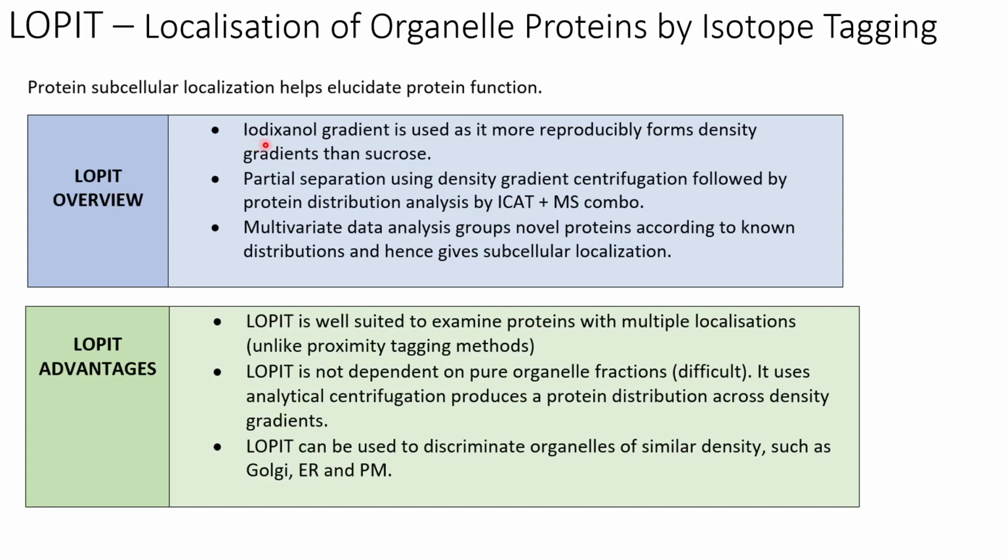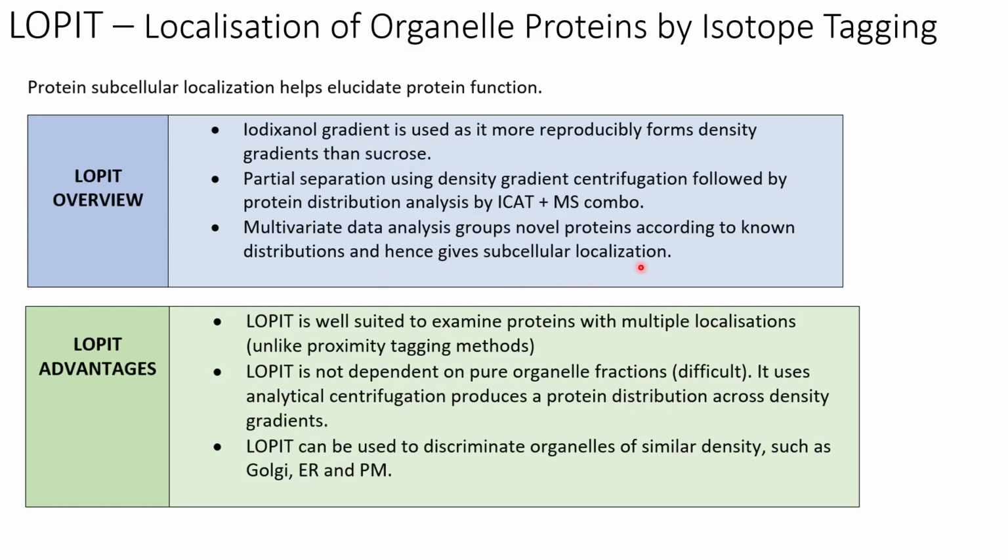LOPIT uses an iodixanol gradient, and you use this because it forms density gradients more reproducibly than sucrose. And essentially in LOPIT, you have organelle partial separation using density gradient centrifugation, followed by a protein distribution analysis using ICATs and mass spectrometry, which I'll explain more later. And multivariate data analysis groups novel proteins of interest according to the known distributions, and that's how it gives you